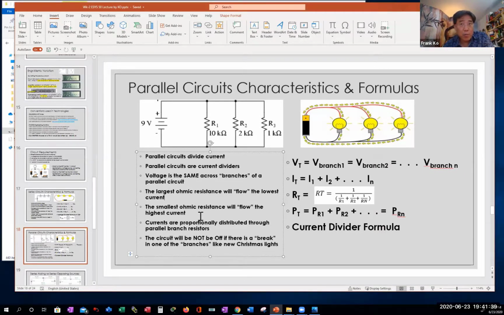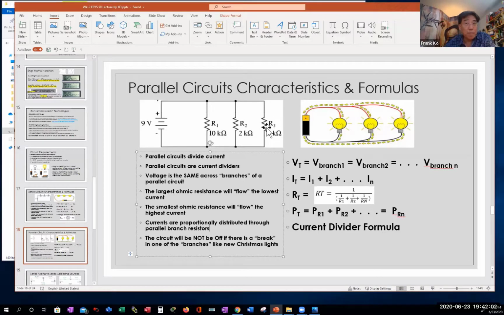The smallest ohmic resistance will flow the highest current. Smallest ohms means least amount of resistance. It'll flow the most current. And the currents are proportionally distributed through the branch resistors. So whatever flows through the first branch, second branch, third branch, the amount that flows through each of them is